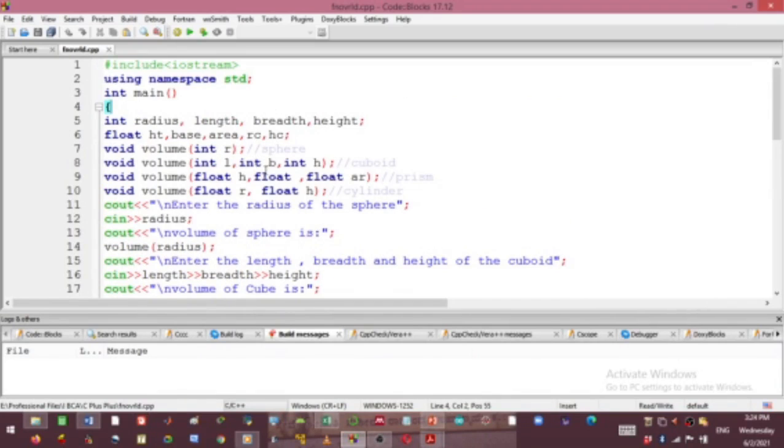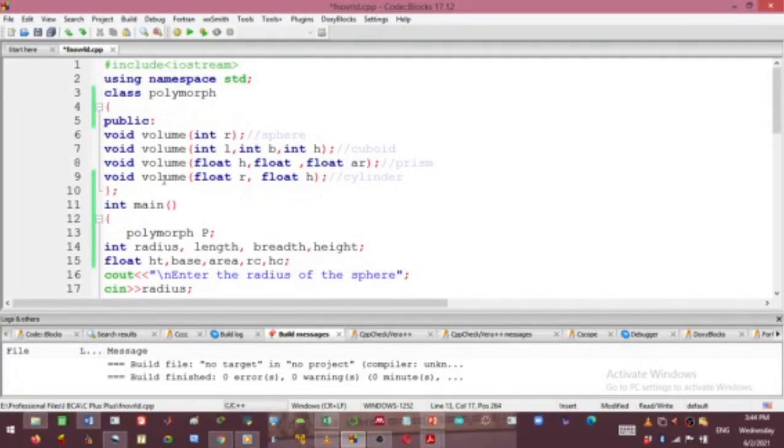Now here we have not used object-oriented programming. We can convert this using object-oriented programming concepts also. A little modification we need to do. So we will detach this main program from here, and we will attach it after the class declaration. Here we have some declarations for local variables. There we will attach this main program, and we'll make this class polymorph, because the concept of overloading is also called polymorphism. So we will make this class polymorph here, and the class ends here.